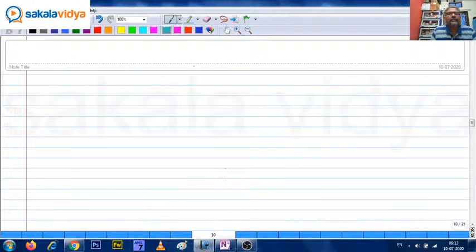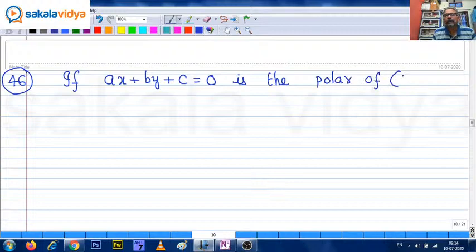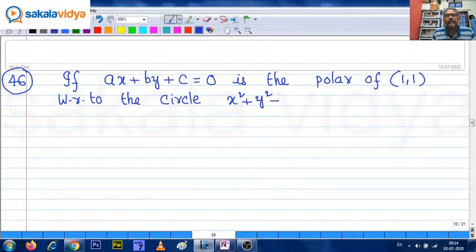46th. If ax plus by plus c equals 0 is the polar of (1, 1) with respect to the circle x square plus y square minus 2x plus 2y plus 1 equals 0,